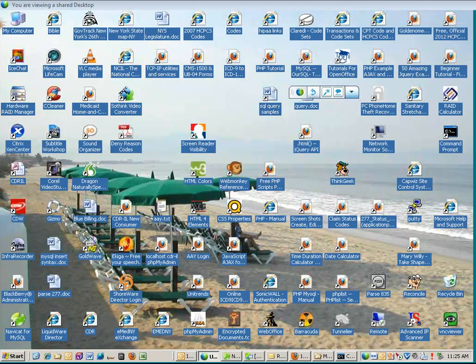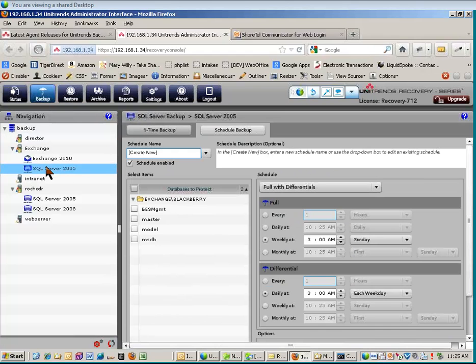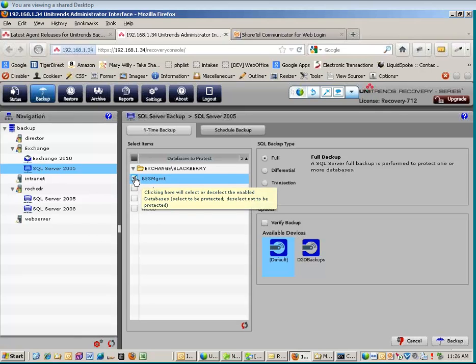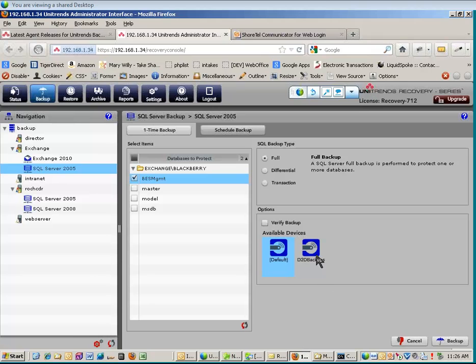The same thing goes for your SQL backups as well. Do you know if this BES management is small? Oh, tiny. It's very tiny. There's only 2 users in there. Oh, okay. Let's kick off a one-time backup of this thing. It hasn't changed probably in 2 years, I bet. We'll show you how the SQL restores work. Basically, when you go to restore a SQL backup, it'll give you all of the available locations that you can restore it to. It's kind of neat. While that one's running,